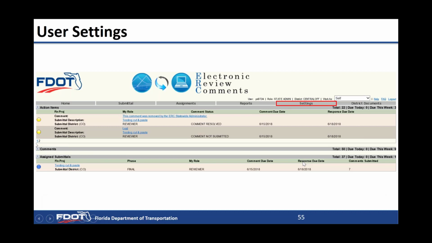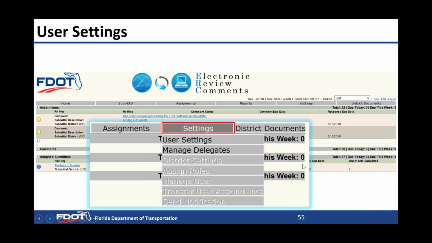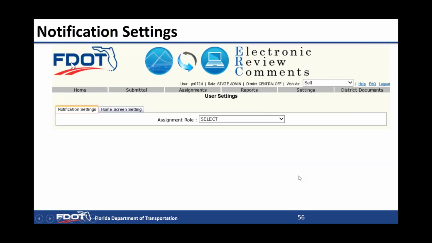Settings. So there's different settings. There's user settings, and some of these are, so there's notification settings. When you click on user settings, you'll see the tab that says notification settings. And what that does is